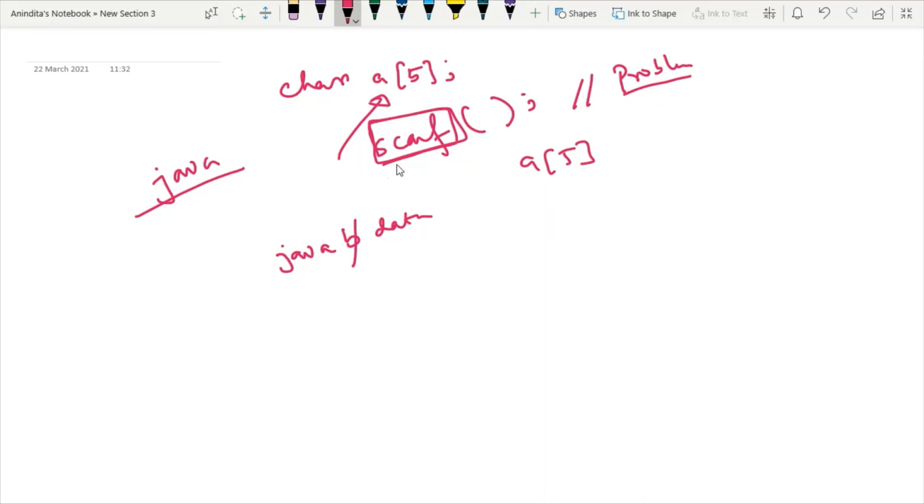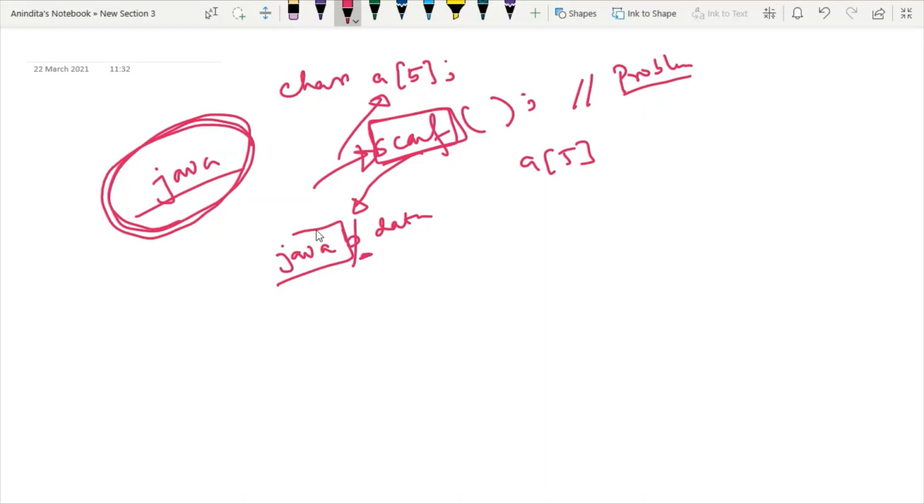So whenever you want to use scanf, you have to ensure that whichever word you want to take as input should not contain any blank space. Why? Because the scanf function is unable to deal with blank space.